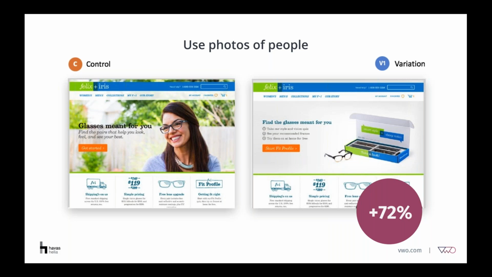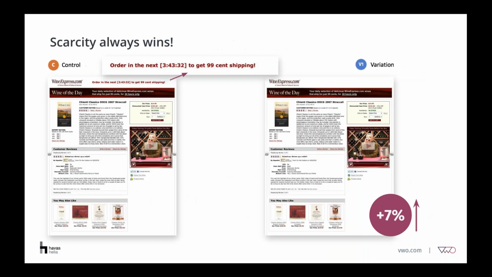When emotions and authenticity are not the important messages, faces can be distracting. Just like in this example, the human photo did not do anything to persuade the visitors to buy, because the core value proposition does not lie in emotion and authenticity here. So removing this human image and adding the core value as an image really increased conversion by 72%. Again, the learning here is that best practices or certain techniques might work or might not work for you, and the right way to validate it is to experiment.